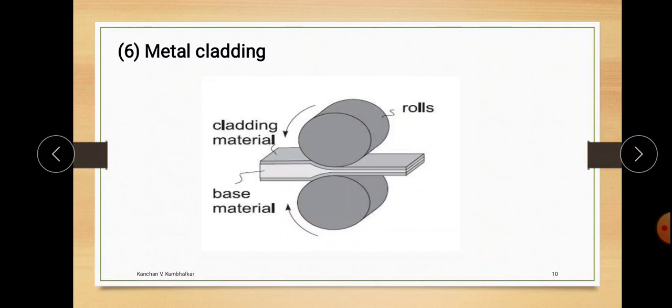In one of these methods, a duplex ingot is cast with the coating material on the outside, and subsequently the ingot is rolled into a plate. It works exactly like rollers, where you put two sheets, one sheet in between and two sheets above and below, and then it is clad. It is transferred to the roller, due to which they collapse onto each other and form a single sheet. By this means, the metal is protected from corrosion.